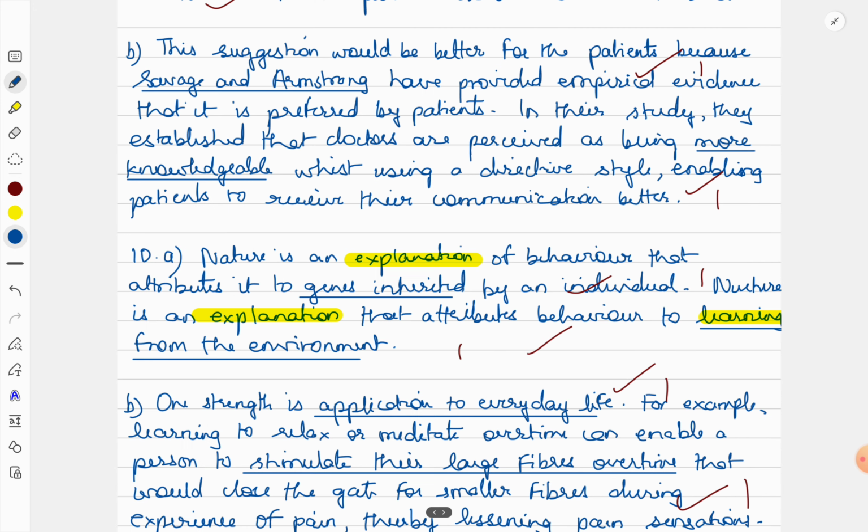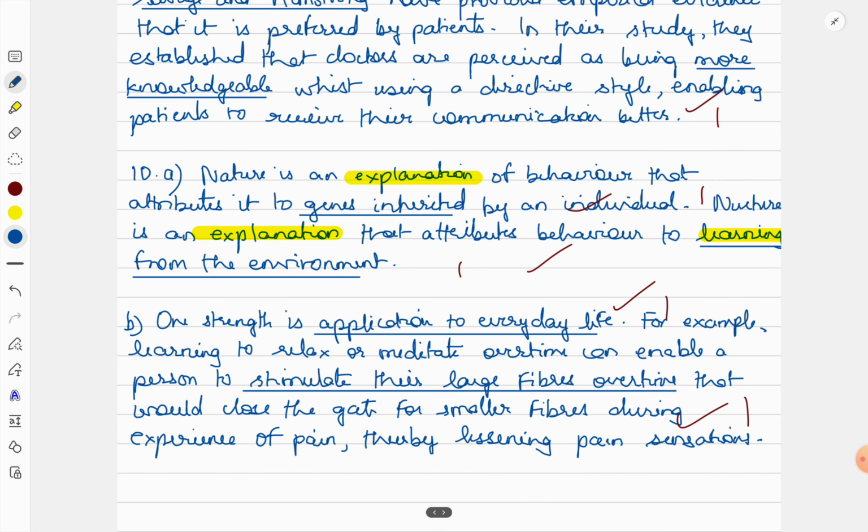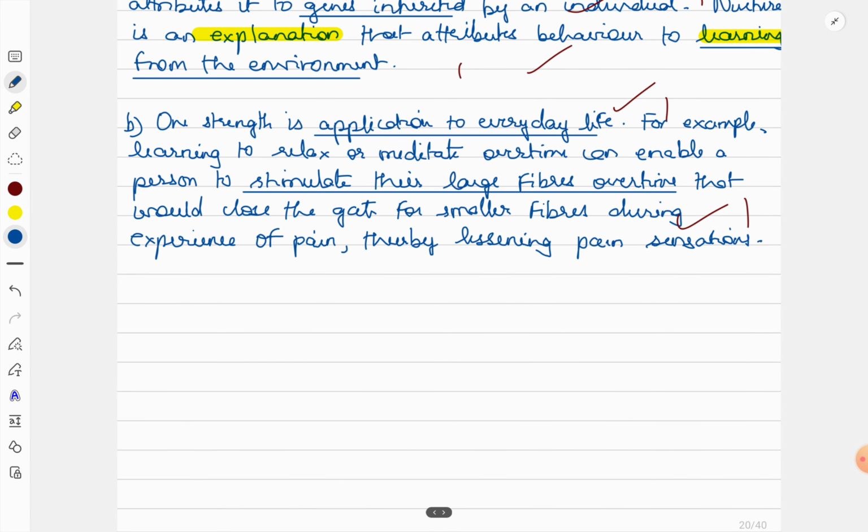So I would suggest that one alternative treatment for Becky is acupuncture. It would involve,